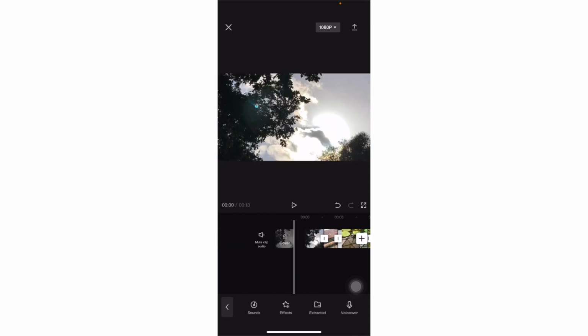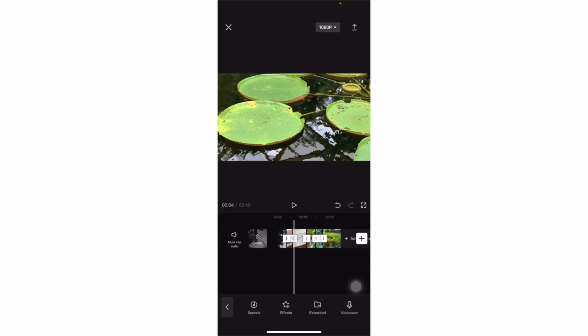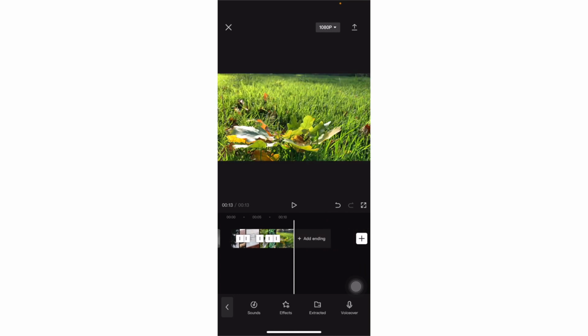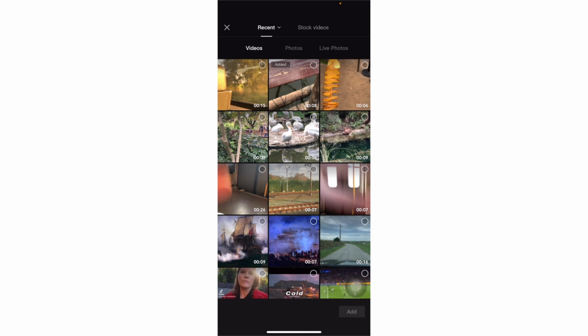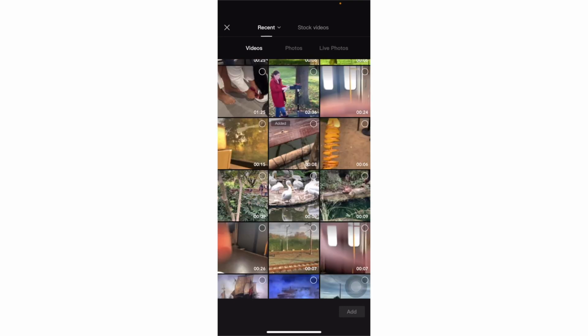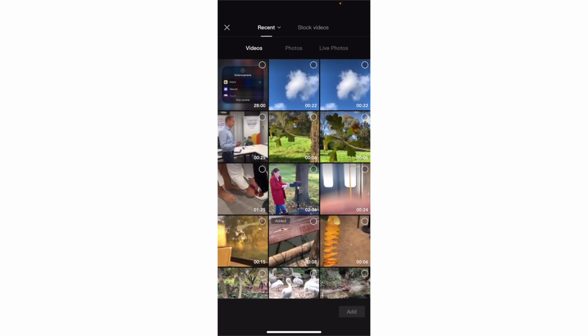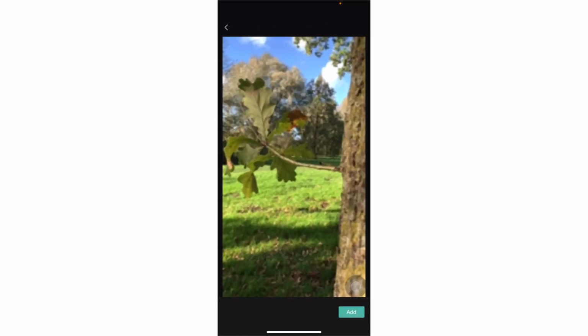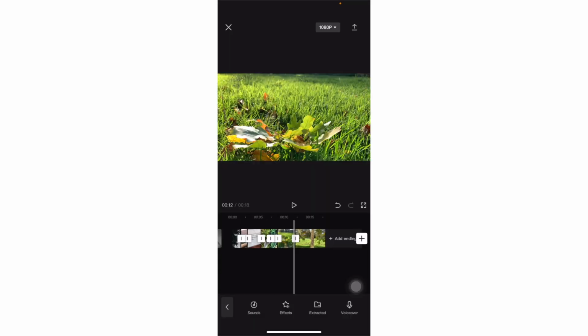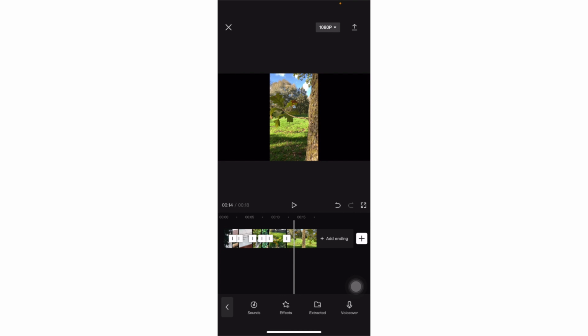You can easily change the order of the shots. If I want to add something else, I can easily press plus and add some other shot, like this one. And it's added to the end of the video, because that's where the cursor was.